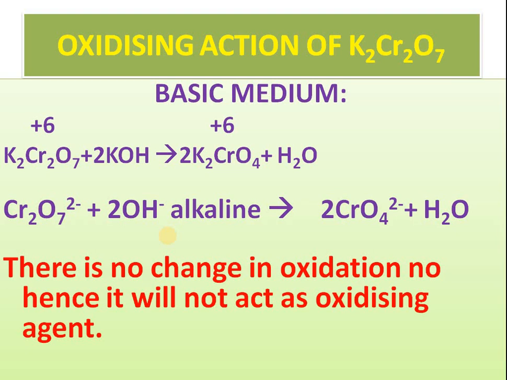Now let us see what happens in the basic medium. In basic medium, what is basically happening is you are adding KOH. What is going to happen is potassium dichromate changes to chromate. Earlier also we have explained, but you see that the oxidation state does not change. If the oxidation state does not change, it won't act as any oxidizing agent or reducing agent. So the oxidizing action is not possible in the case of basic medium because there is no change in